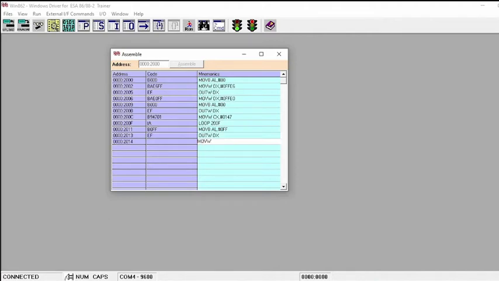MOV CX, #0147, and that is the delay value. Next, to make the delay complete, you have to write the self loop again. So self loop means 2017, that means the address of the same line. So until the delay completes, the control will be in that line only. So that is called a self loop.